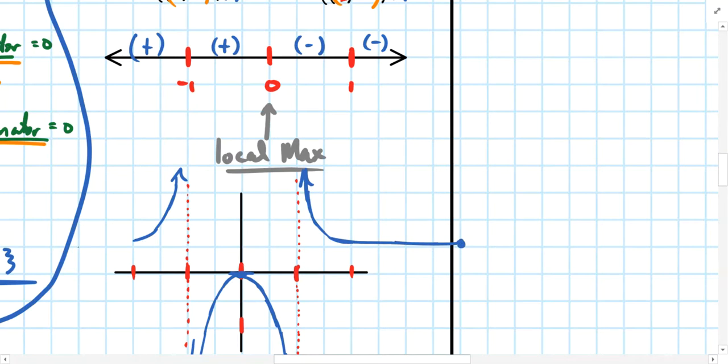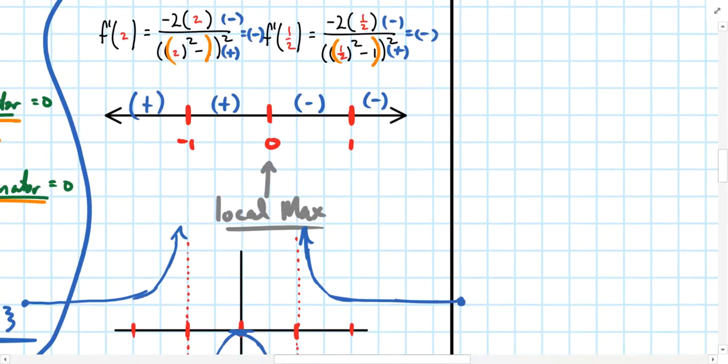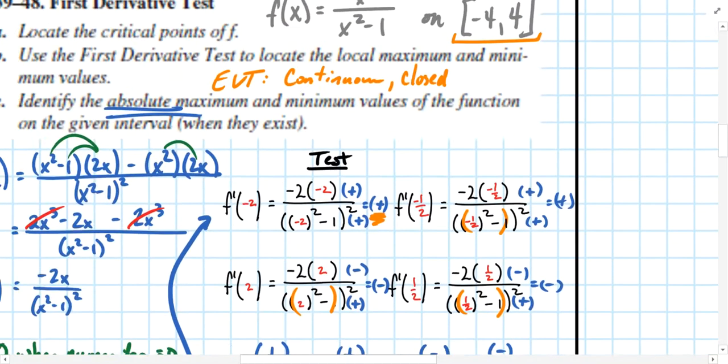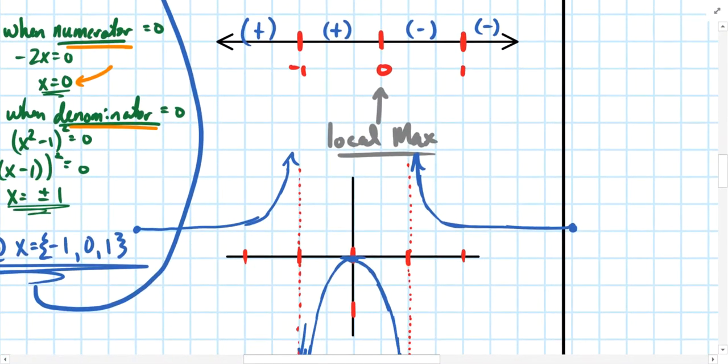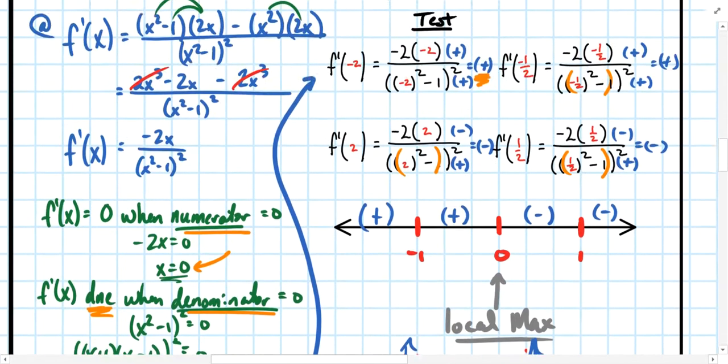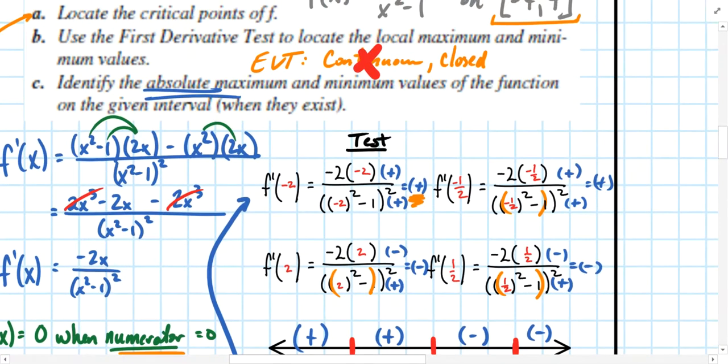and it would end also at -4, which is right about here. Sorry that this is all running together, but it's definitely a closed interval. There is an ending position to it. But since this function is not continuous, we verified that by double checking this x component and this x component in our original function. Since this function is not continuous, then there's no guarantee to find the absolute maximum or